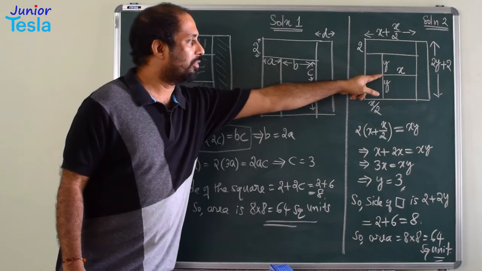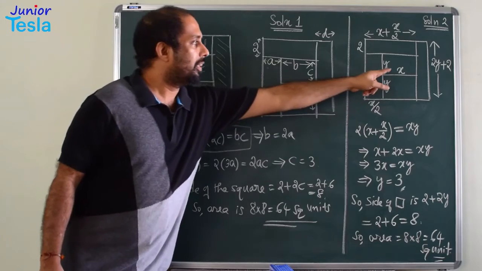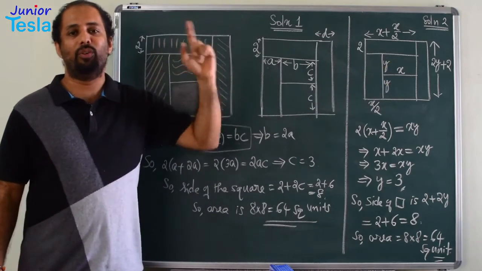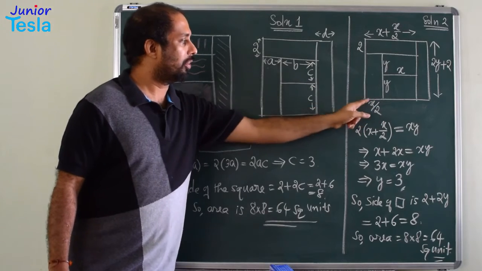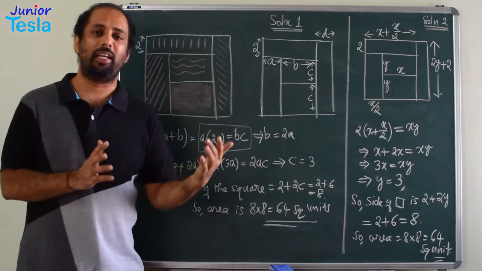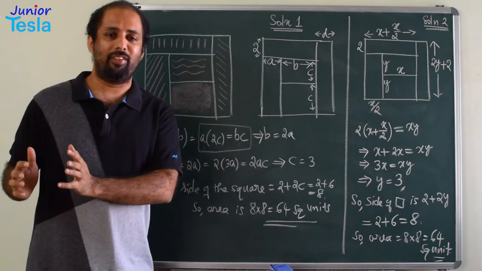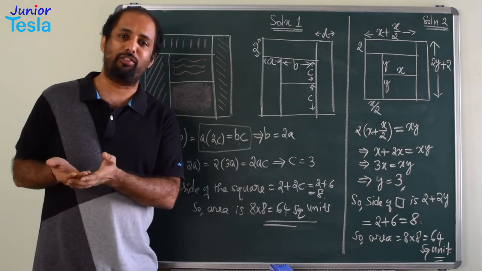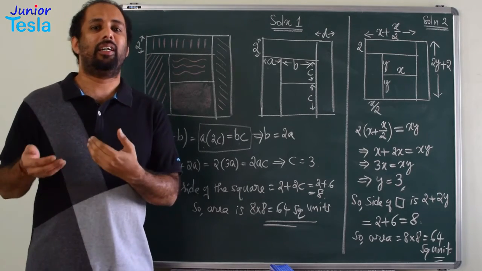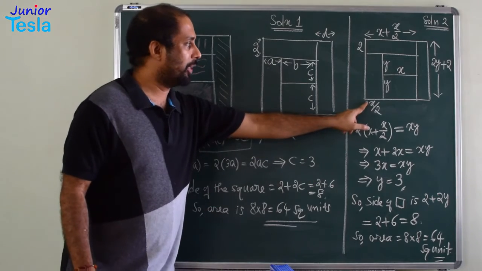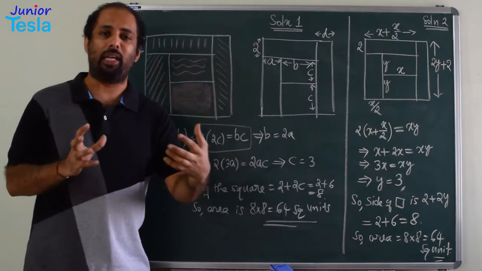So I have taken this length as y, so this length is also y, and this length is x. Now if this area is xy, x into y, then this particular region, the length is 2y, so the width will be x by 2, because the area must be equal. So one strip or one region area is xy, another region which has the length 2y, the breadth should be x by 2. So one side is multiplied by 2, definitely another side should be divided by 2, right? So that is why this is x by 2 and this is 2y. This is y, this is x. So the areas will be equal, xy and xy.